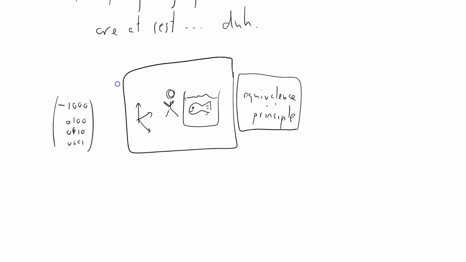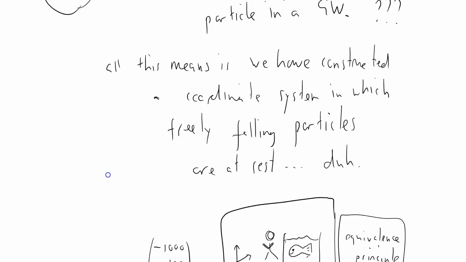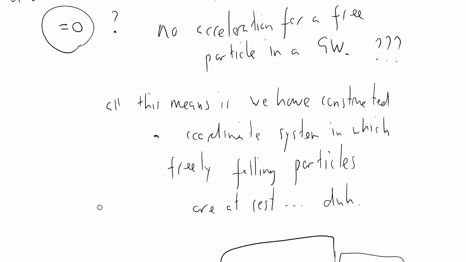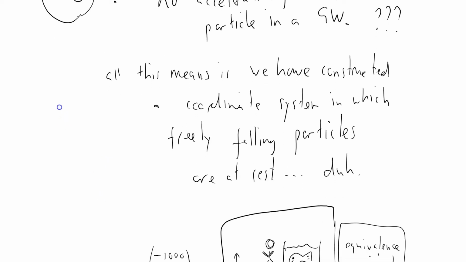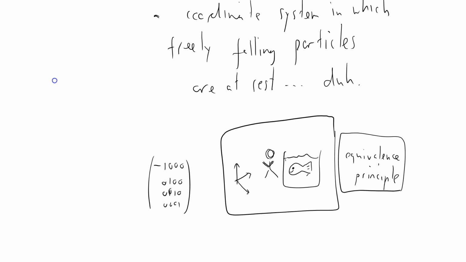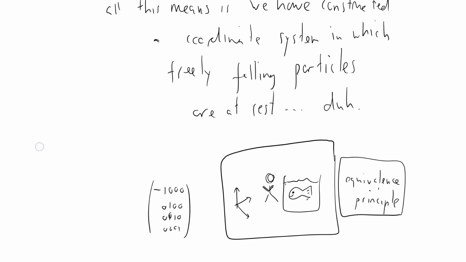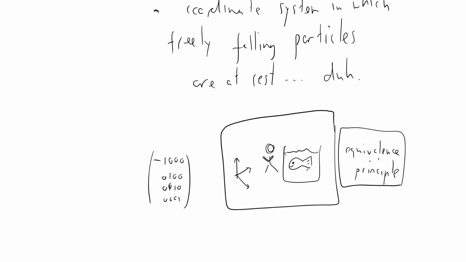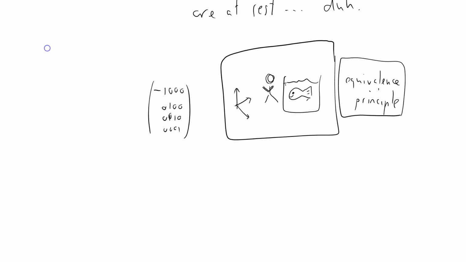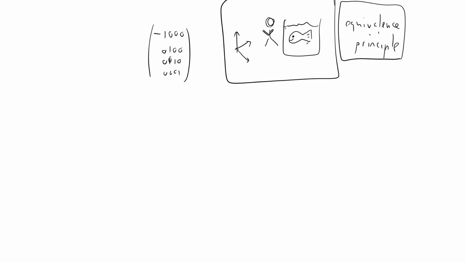So gravitational waves, all that's happened is we've constructed a coordinate system in which objects which are at rest remain at rest. So it's a kind of inertial coordinate system. It's a coordinate system that makes motion easy. So it looks as if gravitational waves aren't real. However, if you've got two objects at a particular distance from one another,